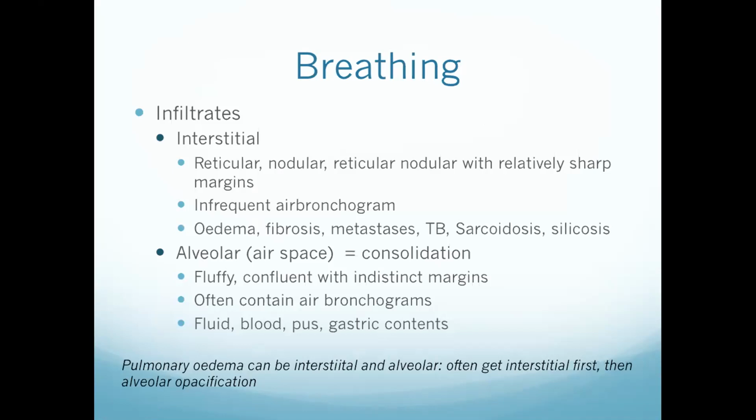And then you have the alveolar infiltrates. This you would describe as consolidation. So this is the more fluffy, cloud-looking infiltrates. You will often see your air bronchograms in this. So this is your fluid, blood, pus. And also note that pulmonary edema can be interstitial and alveolar. You often will get the interstitial first, and then if the pulmonary edema gets worse, then it can cause alveolar